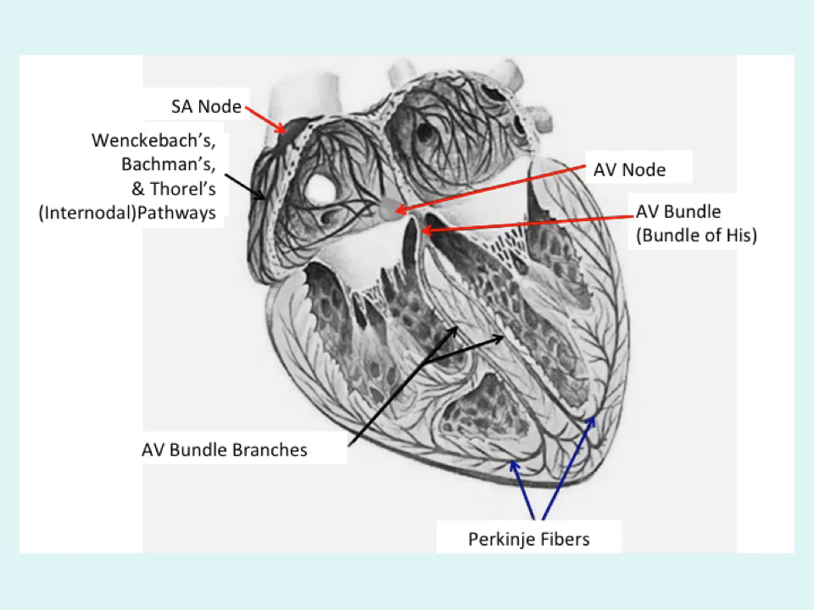The SA node will pass its depolarization wave through the atria, through what's referred to as the internodal pathways. There are three distinct pathways: the Wenckebach pathway, Bachmann's pathway, and Thorel's pathway, which allow for depolarization to spread from the SA node through the atrial myocardium. The internodal branches will come down towards the ventricle from their lateral and superior aspect off of the right and left atria towards the inferior medial part of the ventricle, and they'll junction on the AV